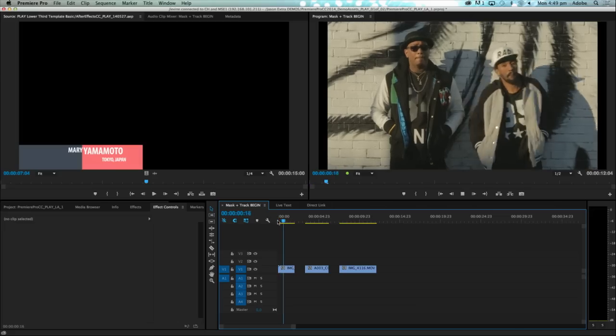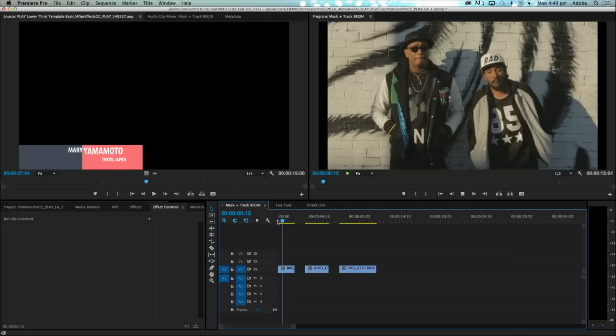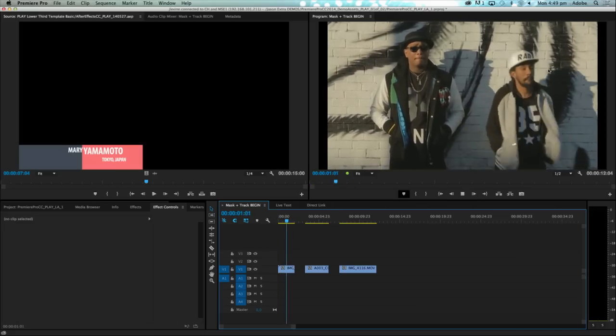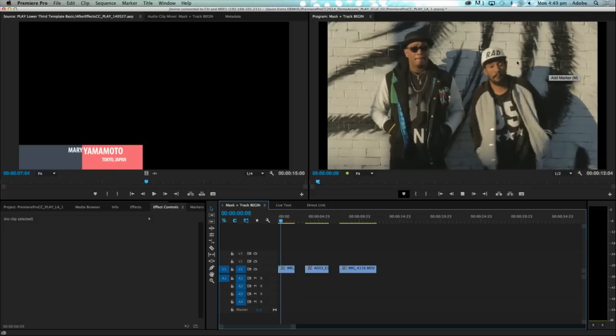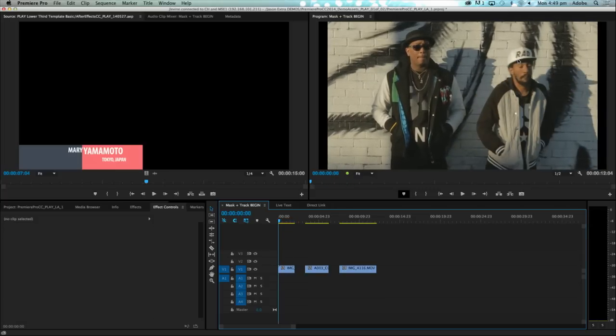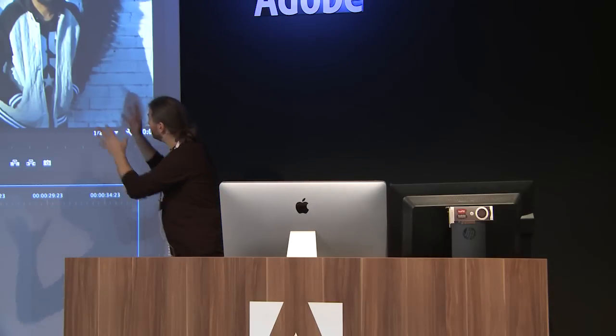So in the example here, we've got these two rap guys. They're called Ninja Sonic. And we needed to basically blur out the logo on his hat. This rad brand we didn't have license to show here. So we need to blur this, mask it, and then track his movement and just blur it out. So you can now do this directly in Premiere Pro right on canvas using the After Effects masks and tracking